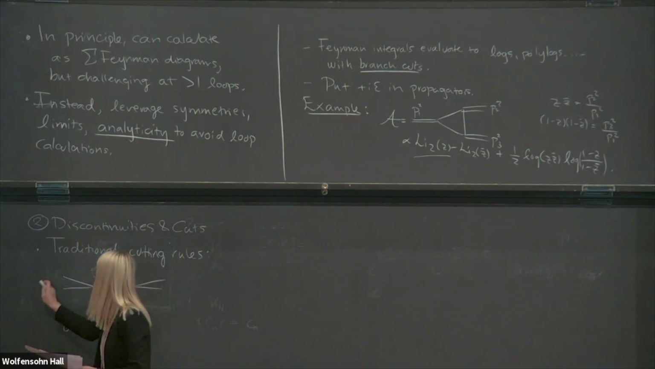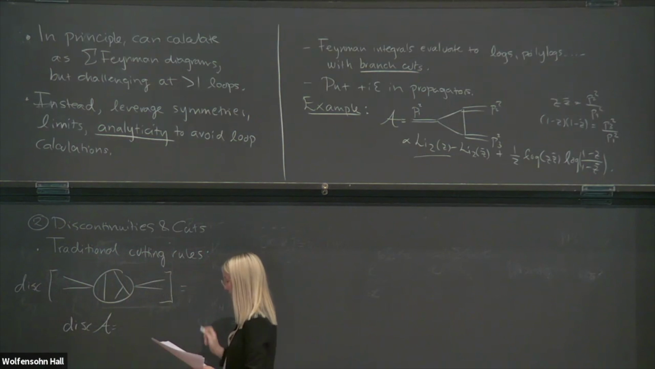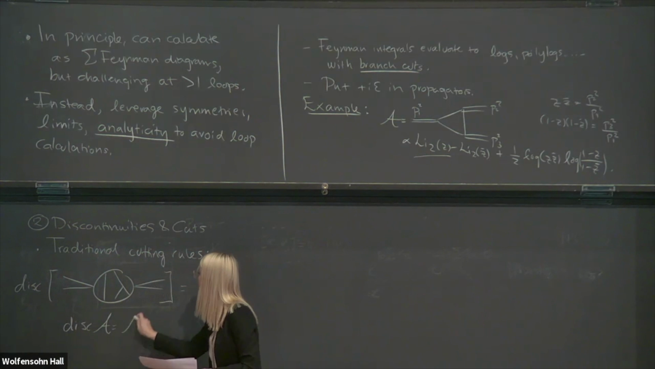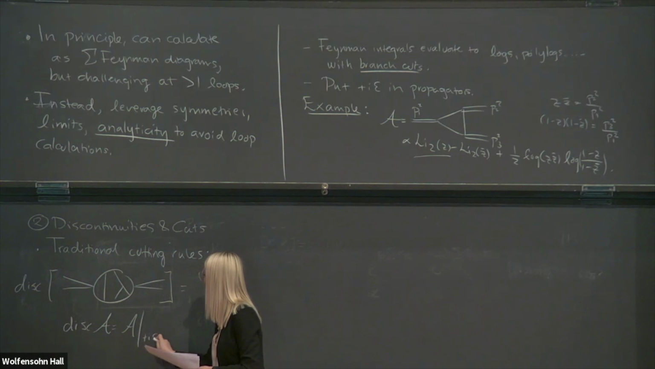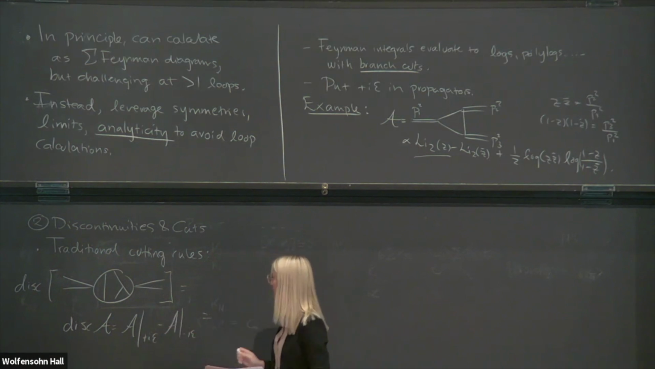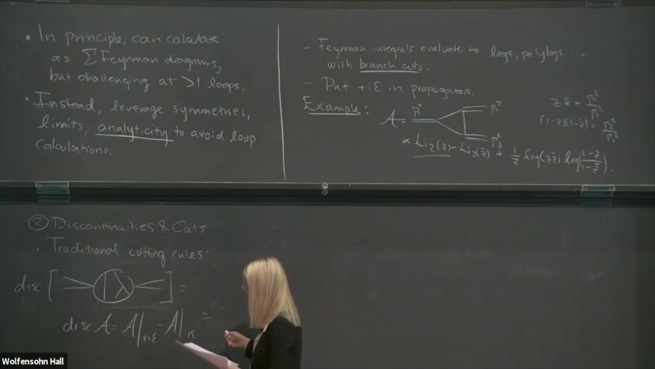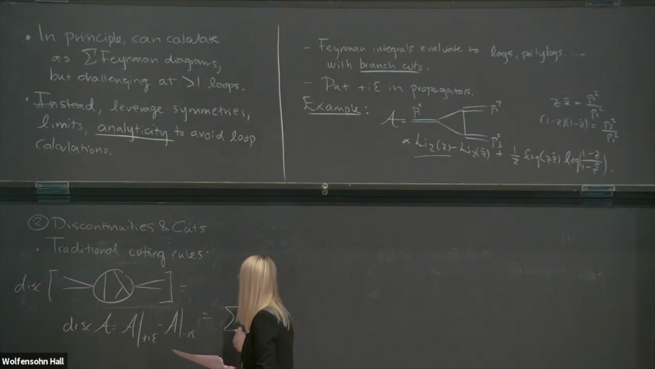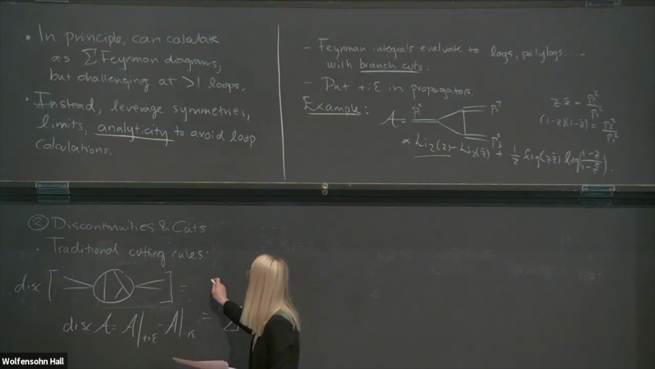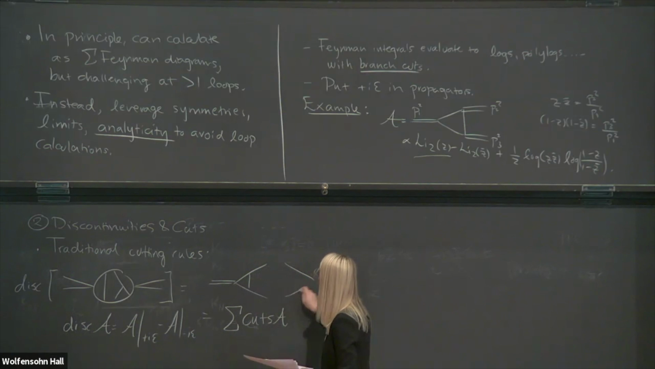The discontinuity of this amplitude, according to the cutting rules, is computed by taking the amplitude, as I told you, with all plus i epsilons in the propagators and subtracting the amplitude with all minus i epsilons in the propagators. And this, according to the cutting rules, is equal to the sum over all cuts of the amplitude. So I'm going to draw one cut of this amplitude here for illustration,